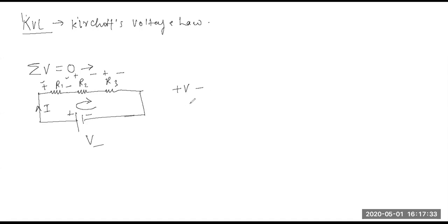And what Ohm's law says is that across a resistance, the potential drop can be written as I times R1. Similarly, when you reach R2, again current is going from plus to minus, so again there is a decrease. So again you take it minus, I into R2, minus I into R3. And this total change, with sign, should be equal to 0. This is basically what KVL says.